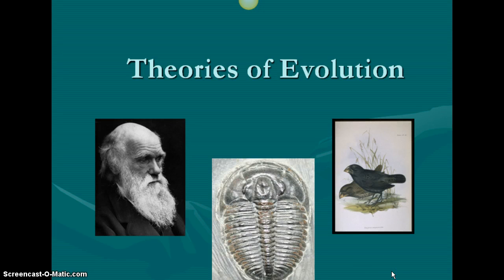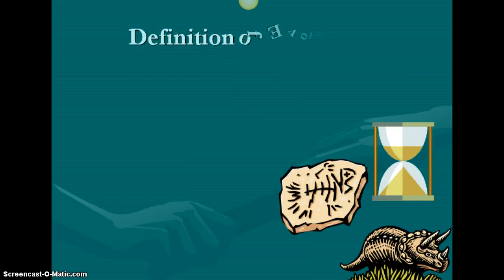Hi class, today we're going to be looking at chapter 15, Theories of Evolution. So we're going to go through a few scientists before we get to Darwin, which is the one that you're probably used to or familiar with when talking about evolution. So part one here, if you're in your notes packet, we're just at theories of evolution.